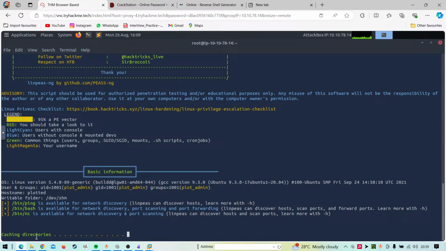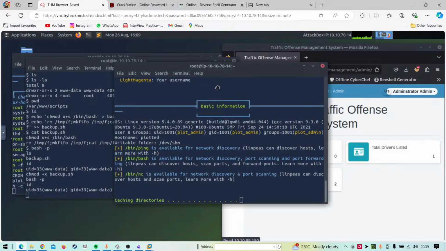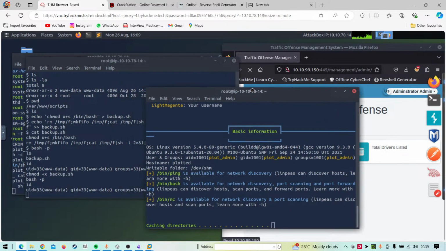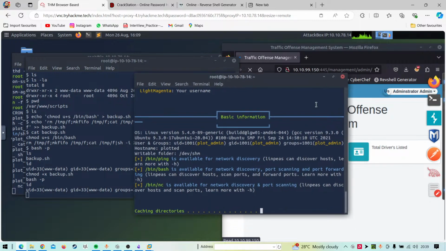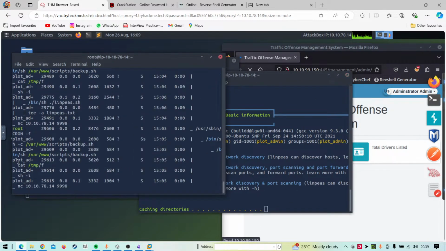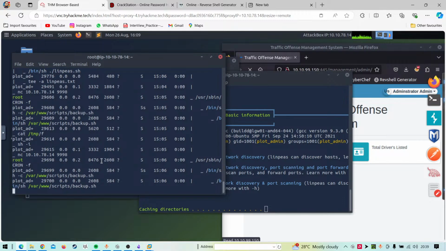So it's taking some time on caching directories. I believe after that part it should go quickly.